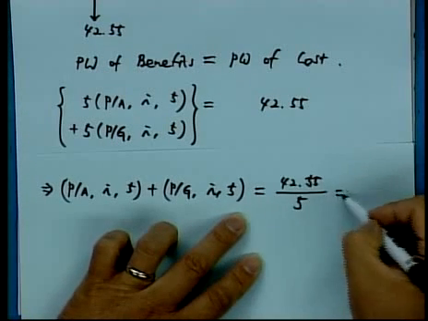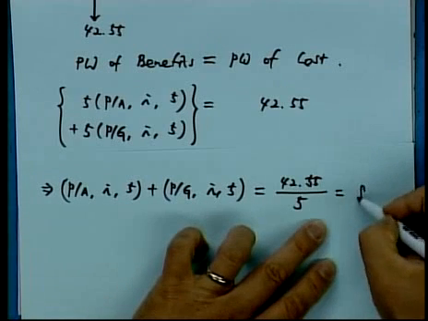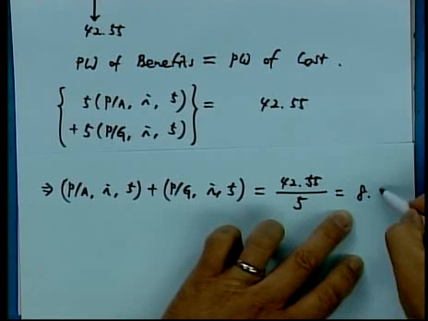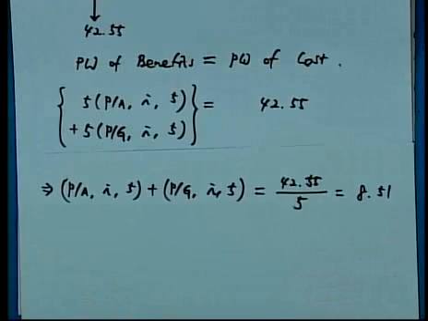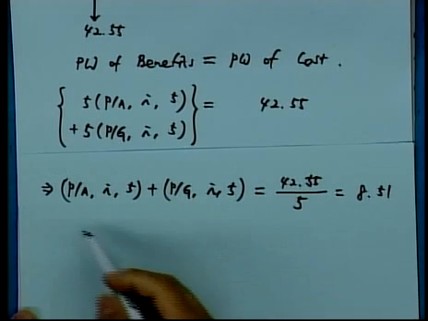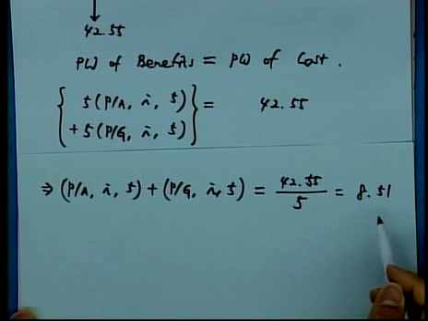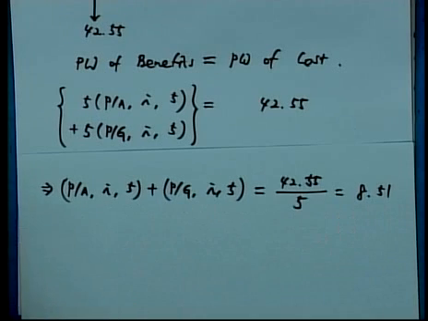Okay, so that's going to be 8.51. Okay, so again, we may use the trial and error method to find out the interest rate that satisfies this equation. Okay,